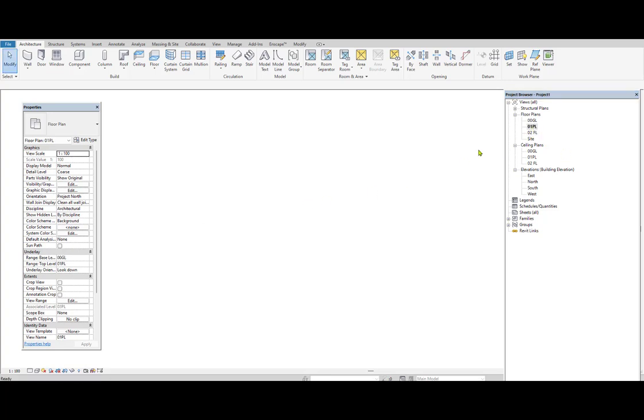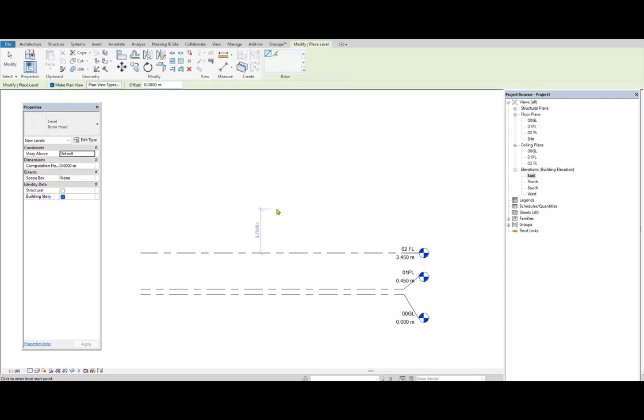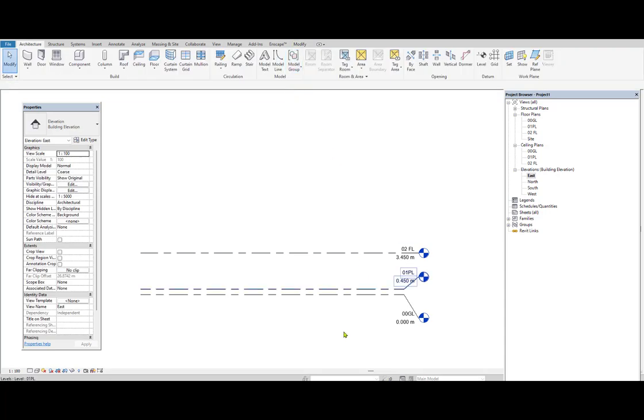So now I have to double click on the plinth level to start the new project. In order to set the unit, UN, enter is the short key, and in order to add the levels, LL is the short key for the levels. But make sure while adding the levels you should be in the elevation, and then you type LL to get the level datum panel.